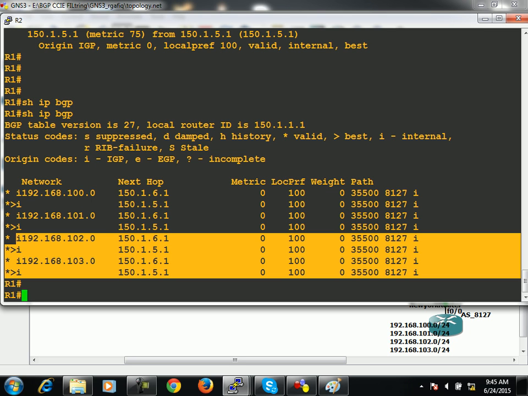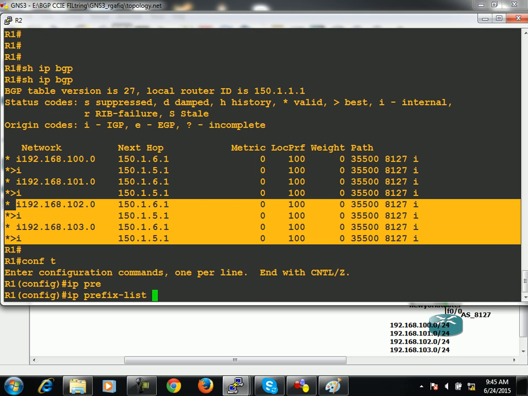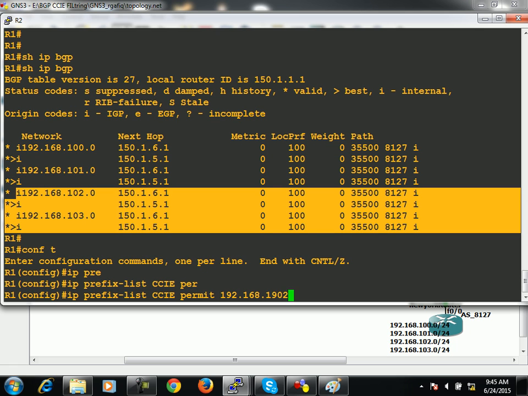So do one thing, configure its metric higher than 0 via R5, so that its best path will become via R6 only, right? So do one thing now, create one prefix list, CCIE, permit last two prefixes only,